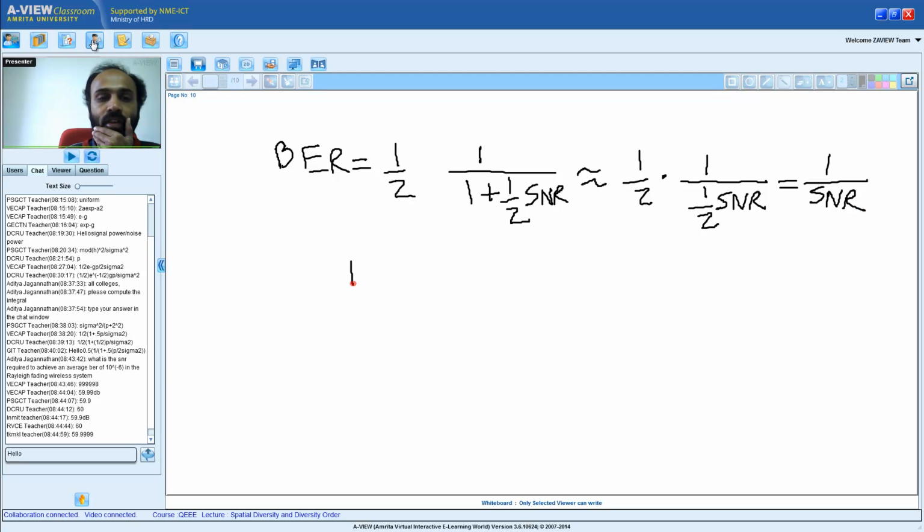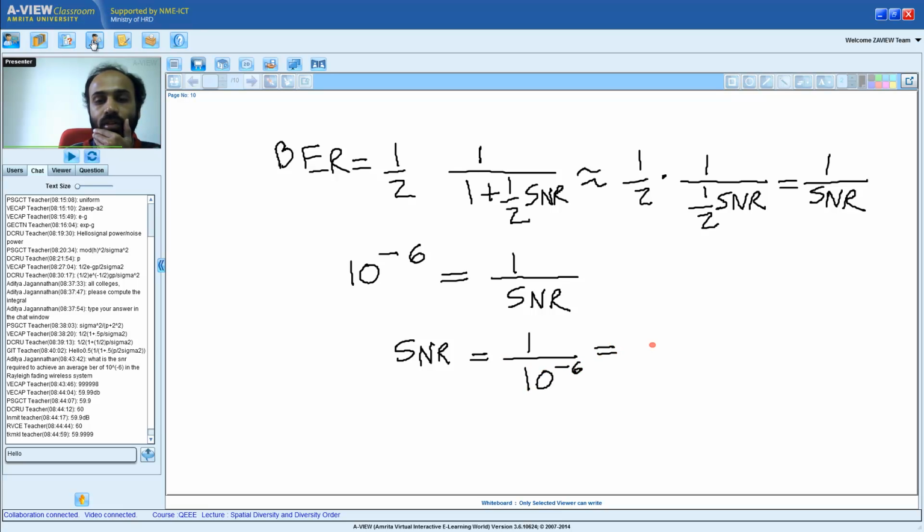So therefore we have 10 to the power of minus 6 is equal to 1 over SNR, and therefore SNR is equal to 1 over 10 to the power of minus 6, which is 10 to the power of 6,